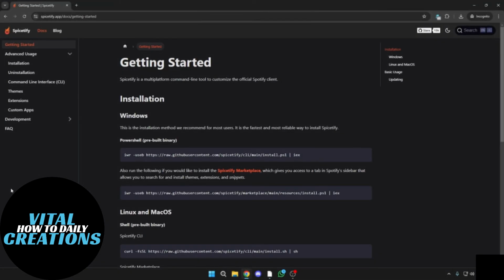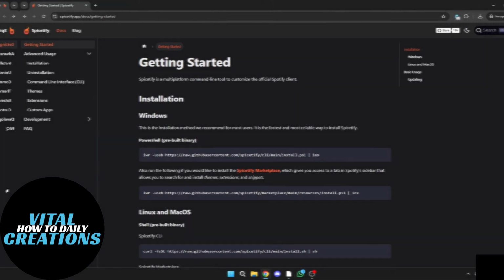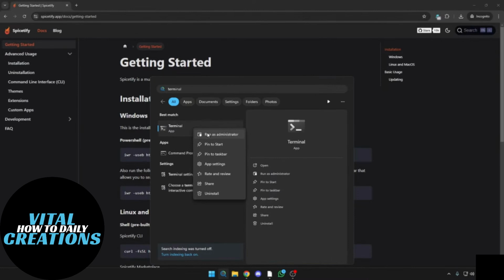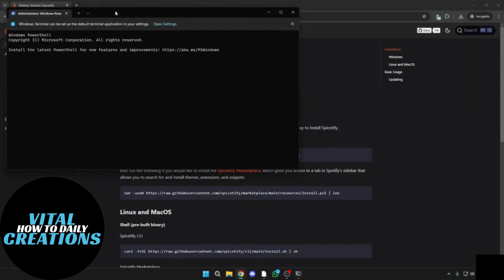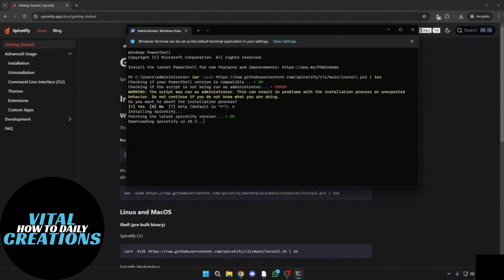Third step is to launch and customize Spotify. After installation, Spotify will open automatically. You'll notice a new tab called Marketplace. Click it to access themes and extensions. Themes change how Spotify looks, while extensions just simply add custom functionality